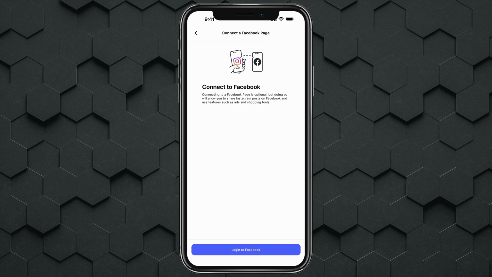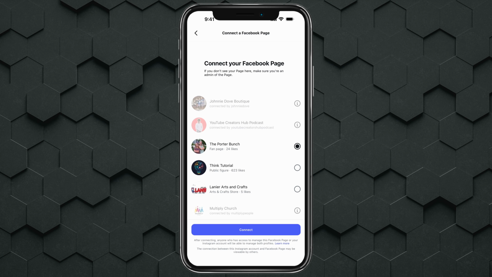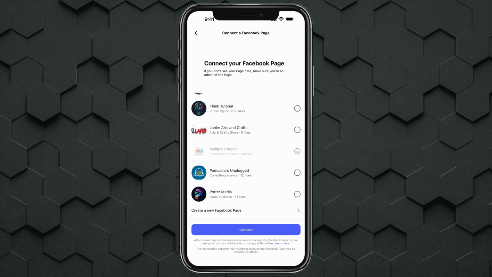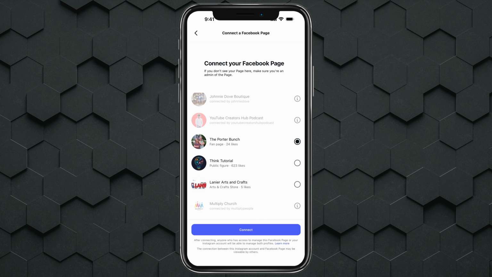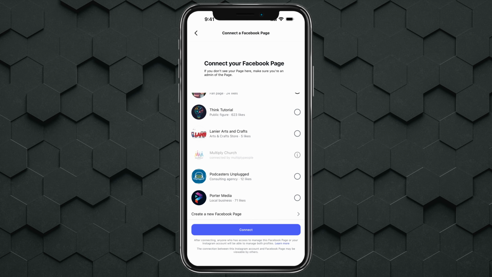Tap the Connect or Create button there, and then you just want to follow the prompts by tapping Continue to go ahead and connect and log in to your Facebook account. Once you log in, you will see a list of all of the pages that you own here. And again, this is not a profile, this is a Facebook page. You will then just select the actual page that you are trying to link, hit connect,